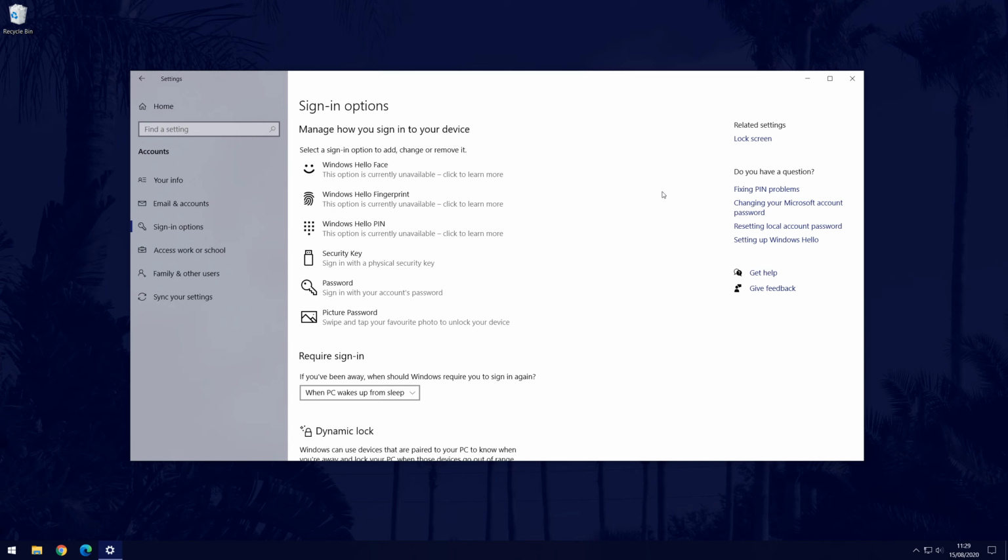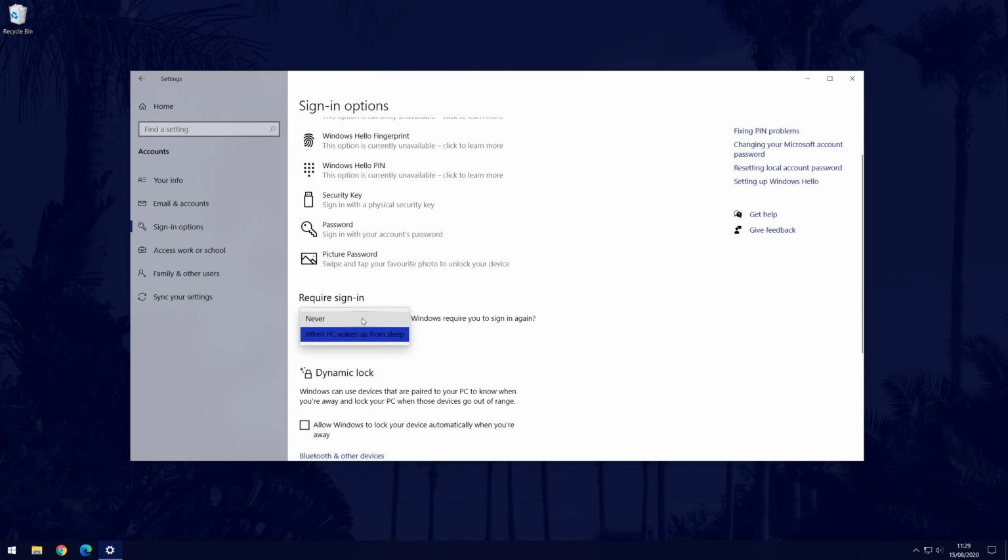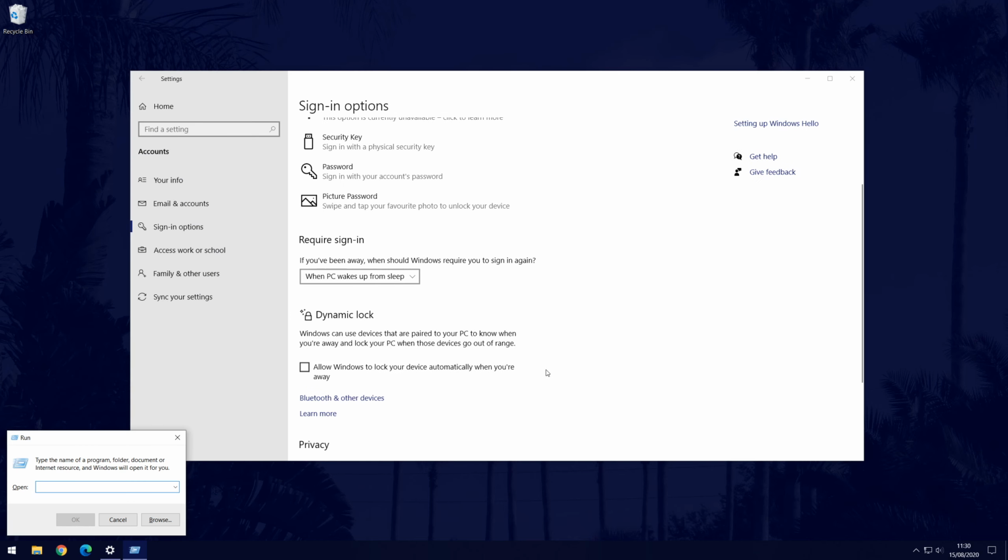Be careful if either you use a shared PC or if anyone else can access it. I would recommend having at least a PIN set, but if you do want to remove a password completely, then first select Never in the drop-down box below the sign-in options. The next way to remove the password sign-in is to search Run in the search bar. In the Run box, type in